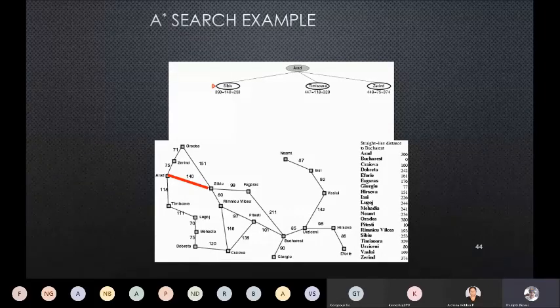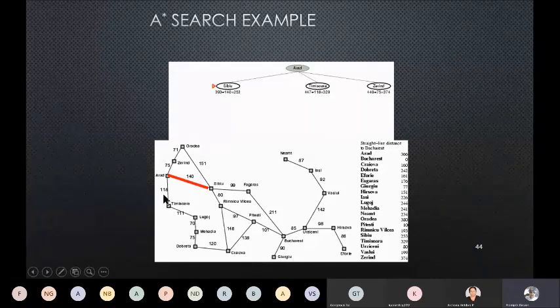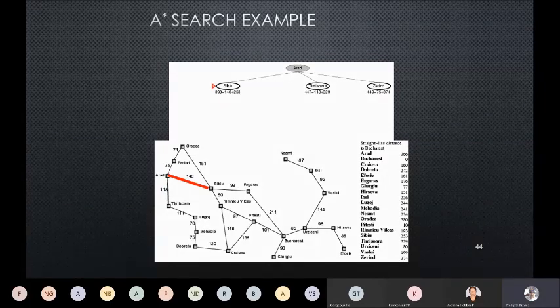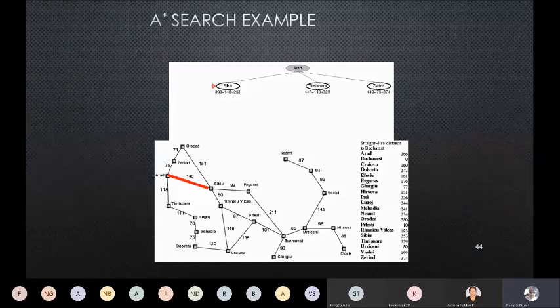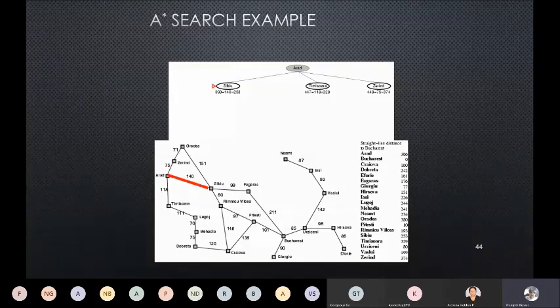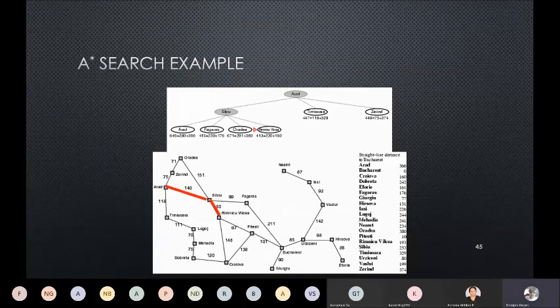I will just repeat this procedure for the other two cities. For Timisoara, the total I have traveled is 118 kilometers if I go there, and this value is written over the edge. And from Timisoara, the distance to Bucharest I can find from the right hand side table, which is 329. I will add these two, and the value is 447. And similarly, I get 449 for Zerind. So among these three values, 393 is the lowest value. So I will go to Sibiu.